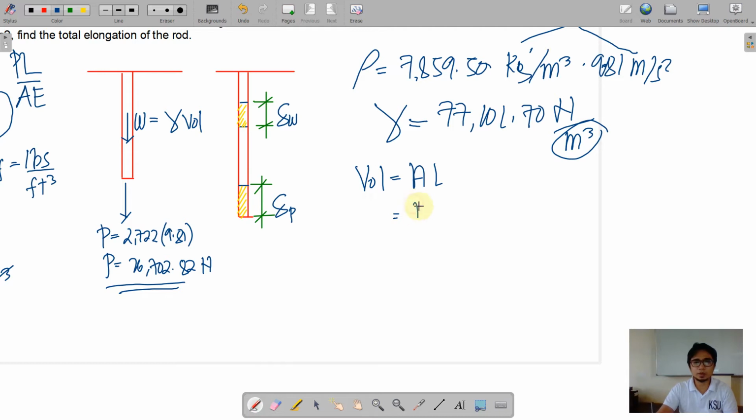So we have here a cross-sectional area for circular section. We have pi over 4 times 20 squared, multiplied by the total length of 100. So we'll be having a volume of